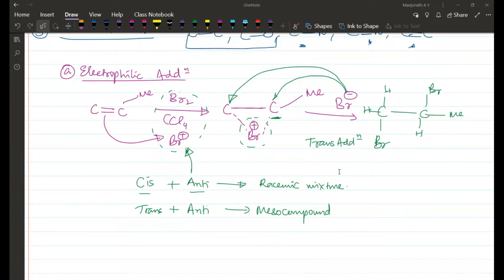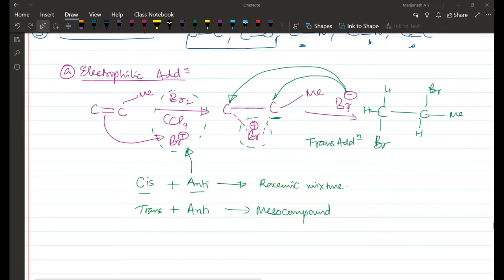So bromine can't undergo a free radical mechanism. It can undergo it provided you give a radical initiator. CCl4 is not a radical initiator. Okay, fine. So we move on to the next type of